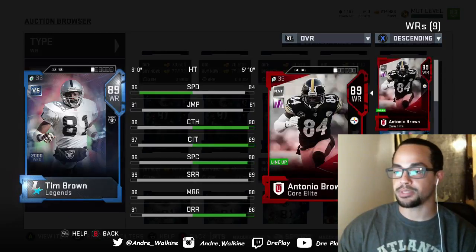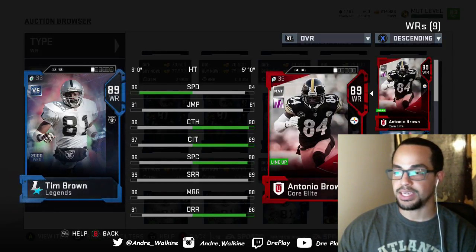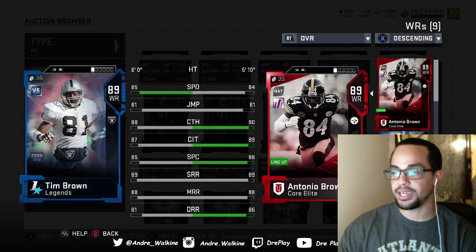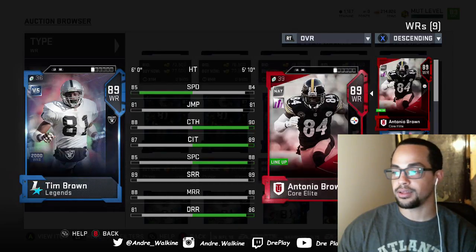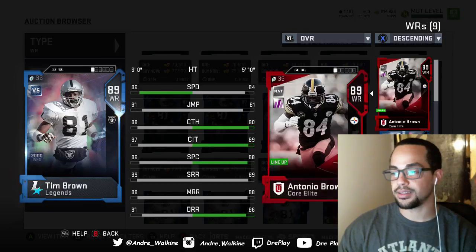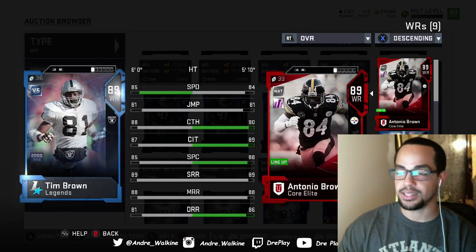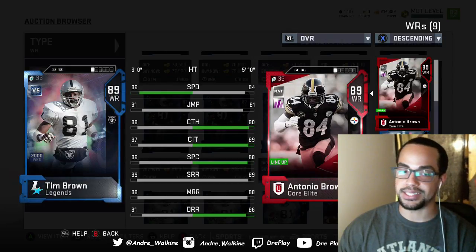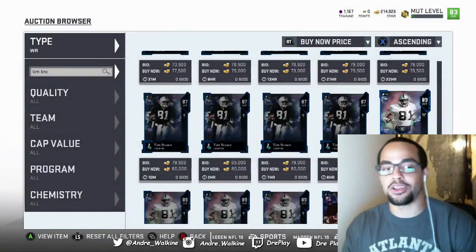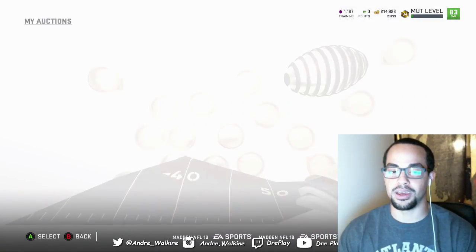The 87 powered up Tim Brown, who is free, will be 86 speed, so he's faster. He has 85 catching, so he's got 3 less catch. He's got 88 accel, 87 awareness. Let me look at the catching stats. The powered up Tim Brown's catching stats will be 83, his is 87. The spec on the powered up will be 81, his is 85. I think the smart thing to do, and it's not like I'm just sitting here on millions and we can just start fluffing them out, is gonna have to be to go with the